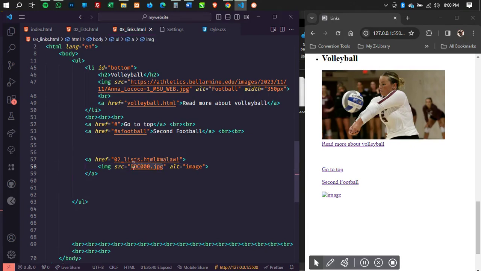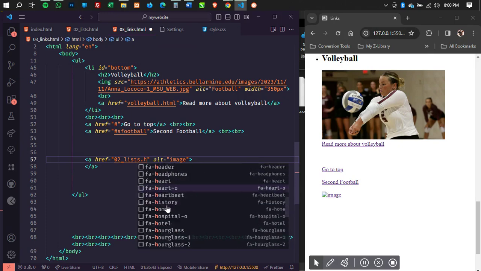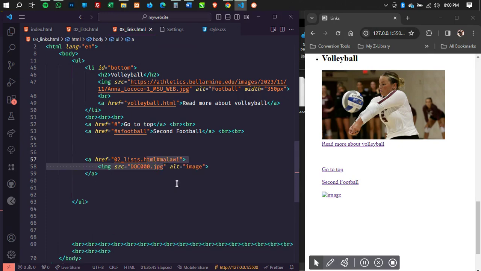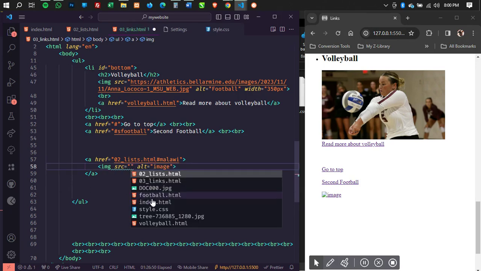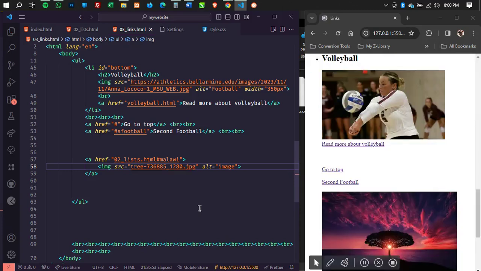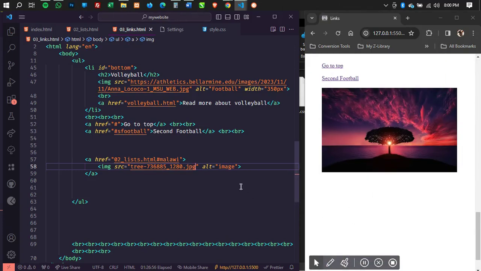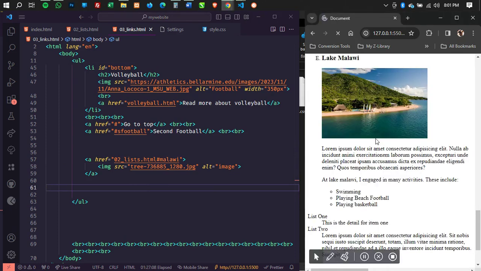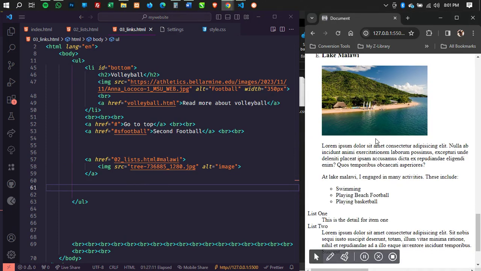and the image is not existing. Wow, I thought I had an image. All right, so it's the image of a tree. Great. So you realize that I have my anchor tag, and now I have my image within the anchor tag. Are you getting it? So this image becomes a link, right? So when I click on this image, it goes to the next page and links me to Lake Malawi, just as we have specified in the hyper reference or the href.